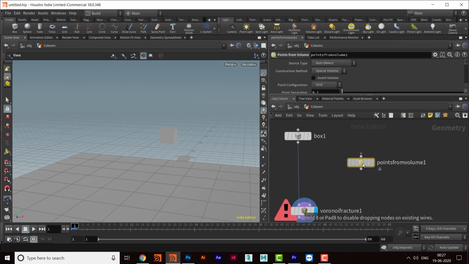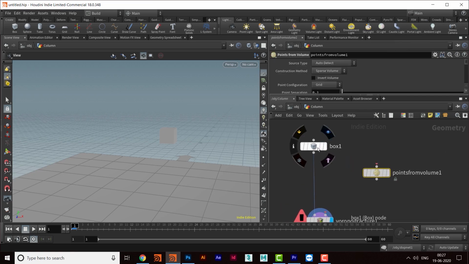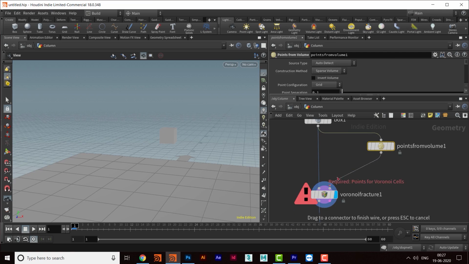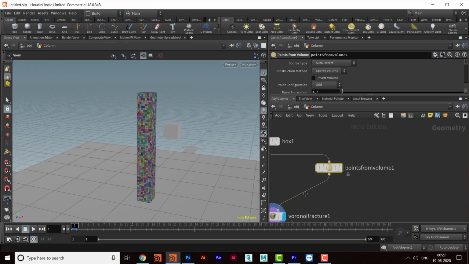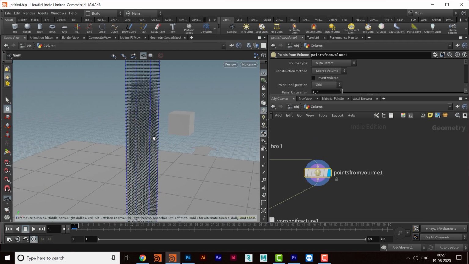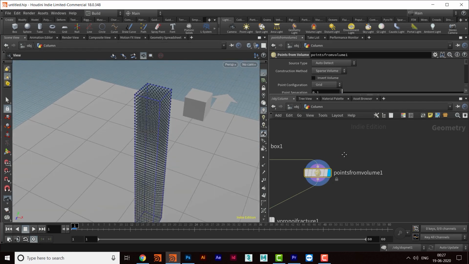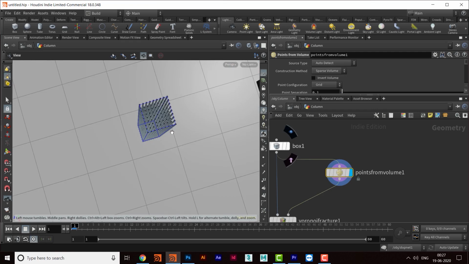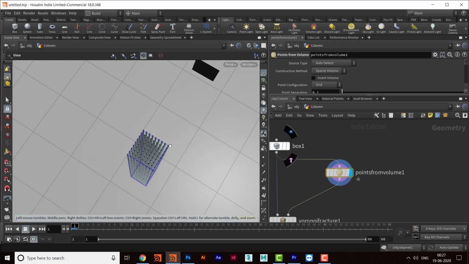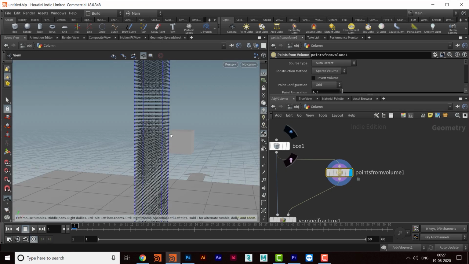Okay, so it will create points. I will take the same object here and add this input to the Voronoi, and then you can see. If I come here, then this will create the boxes in 2 points. Okay, in 2 points, and that is again a beautiful grid.